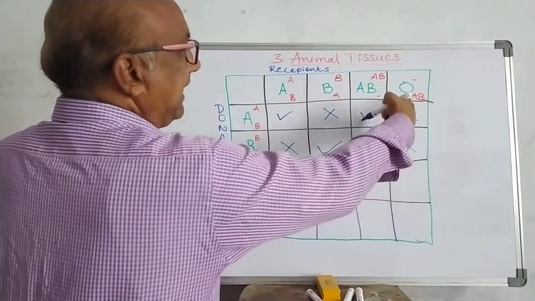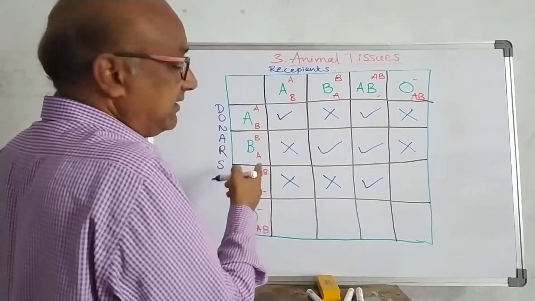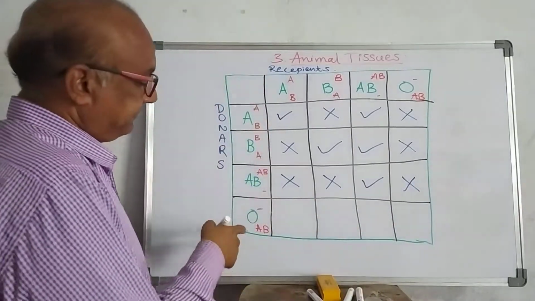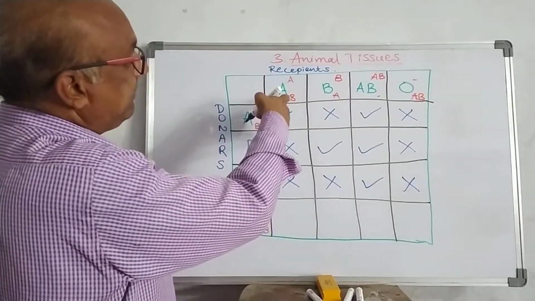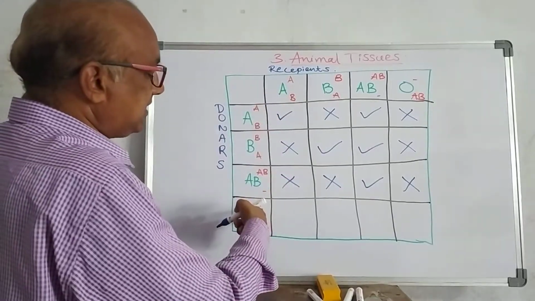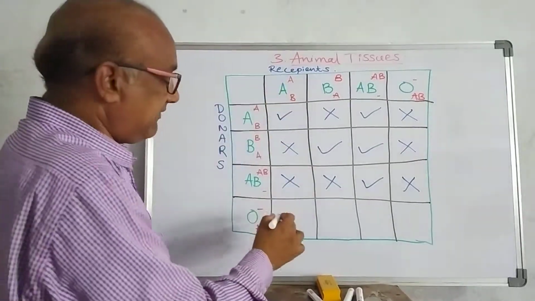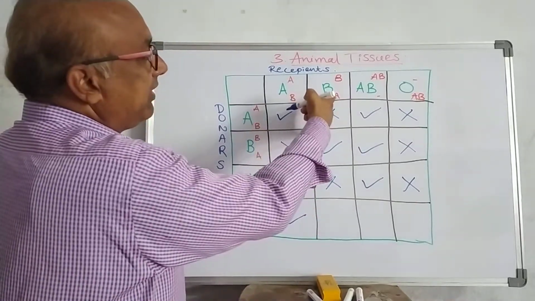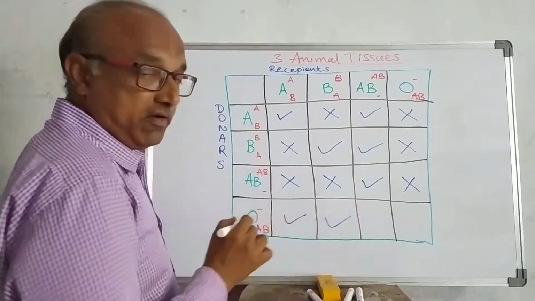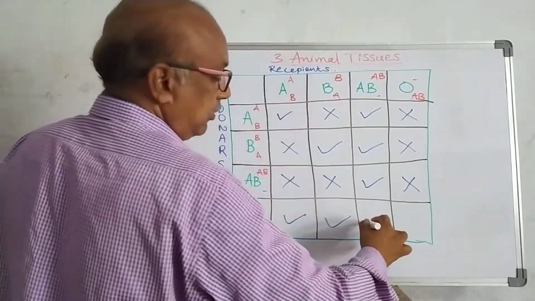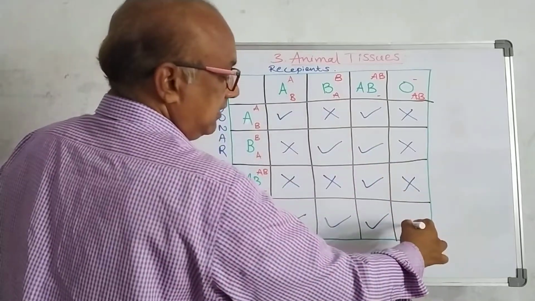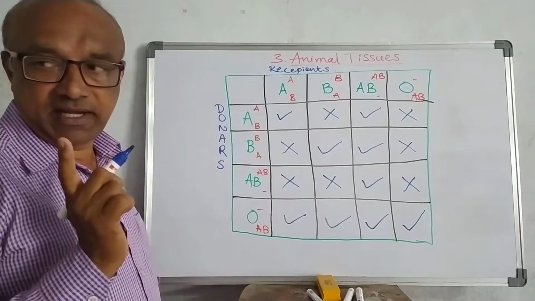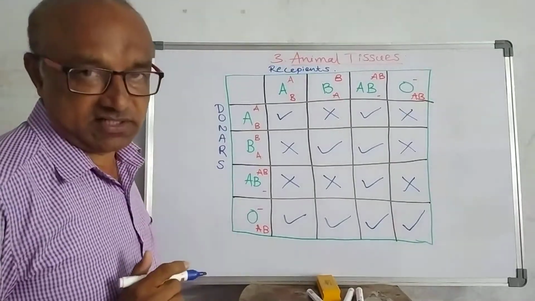Then here antibodies A and B are there, antigens A and B are there, so there is a formation of clumps, so not suitable. Then here, no antigens, but antibody B is present. No antigens means no reaction, no formation of clumping, so suitable. Here no antigens, antibody A, no reaction, no formation of clumps. Here no formation of clumps. Here suitable. So by this checkerboard we can frame two generalizations.